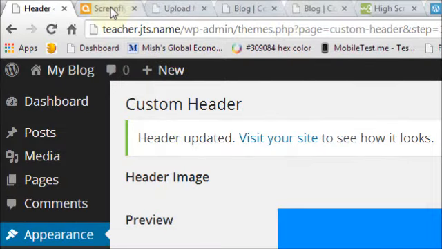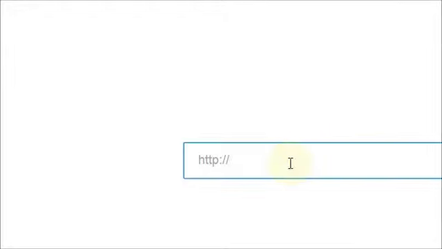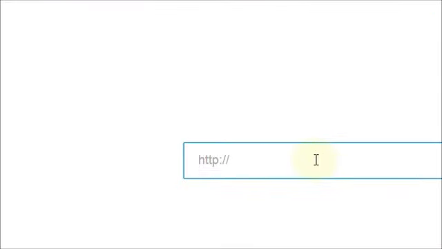Now there's a neat little website called quirktools.com, and you can see here Screenfly is one of the programs that are available on this QuirkTools website. Now what it does is it allows you to see what your website looks like on different devices. So you can see what it looks like on a phone, an iPhone 5, or you can see what it looks like on a desktop computer. So I'm going to type in the URL. That's my address right here. So mine is teacherjts.name. I'm going to click go,